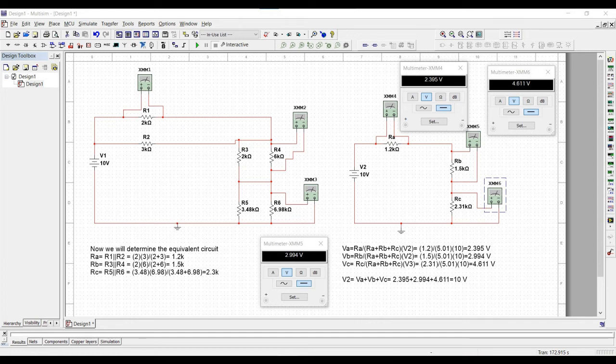Welcome to this channel. In this tutorial, we will understand, design and simulate the voltage divider rule circuit using Multisim